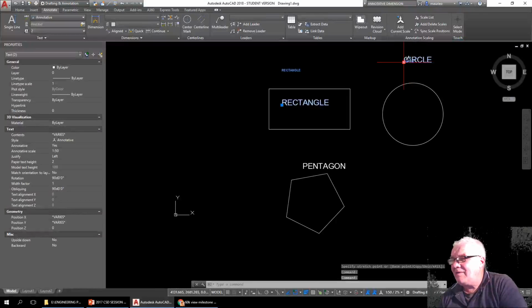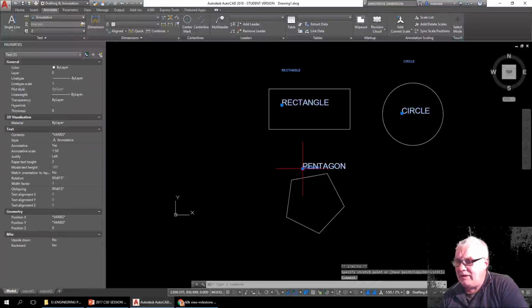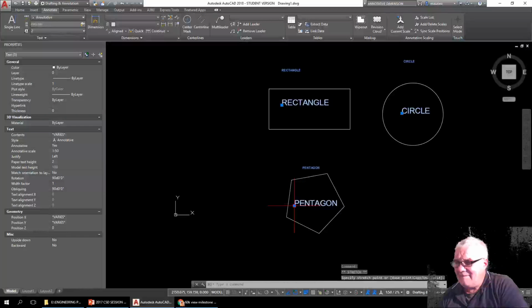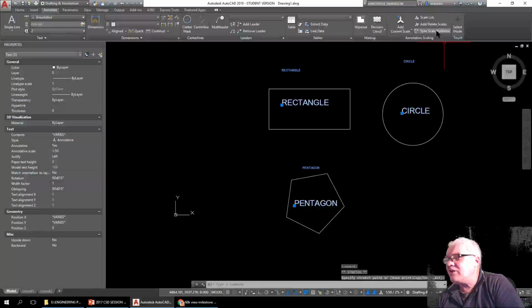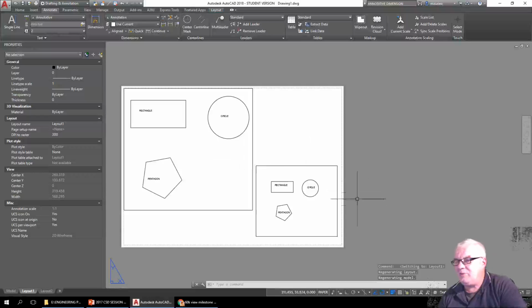So we'll put that there, put that one in there. Okay, and sync scale positions. Everything should be back to normal, well, back to what transpires as normal. So there you go, those ones are in the middle and those ones in the middle, and they're all 2 millimeters high. So that's a little bit around the functionality of the